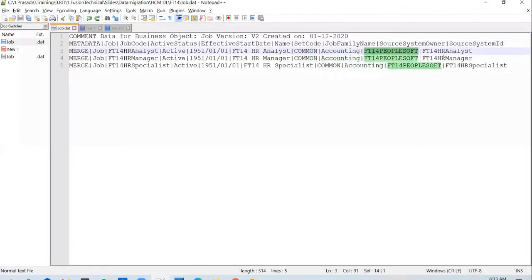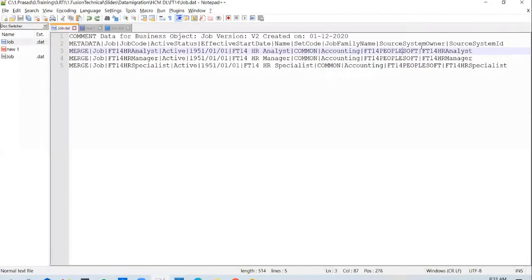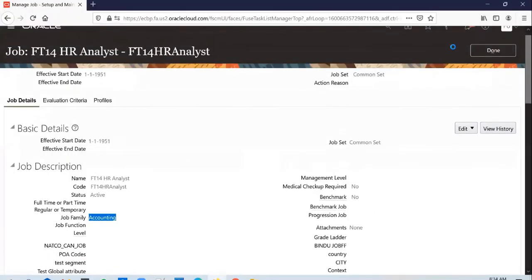And you have the source system owner and the ID. So these 2 options will not be visible within the UI. It will be stored in the backend tables, or it will rather be available for internal use by HCM data loader. I'll talk about these two keys and other keys involved in HCM data loader process probably in the next half an hour. But till the time, please hold on to the questions regarding the source system owner or the keys. So whatever we have passed in, yes, we tried to load 3 jobs. All 3 of them have been loaded now.